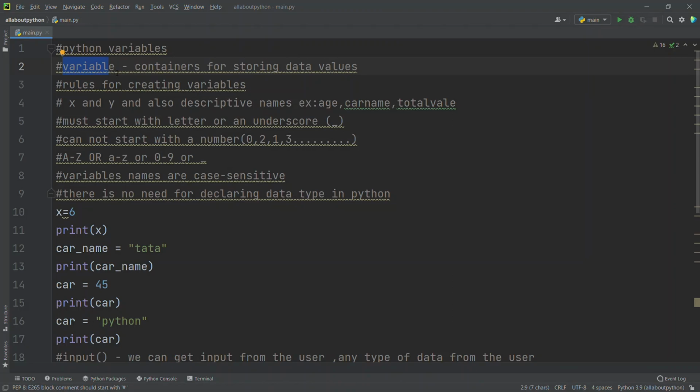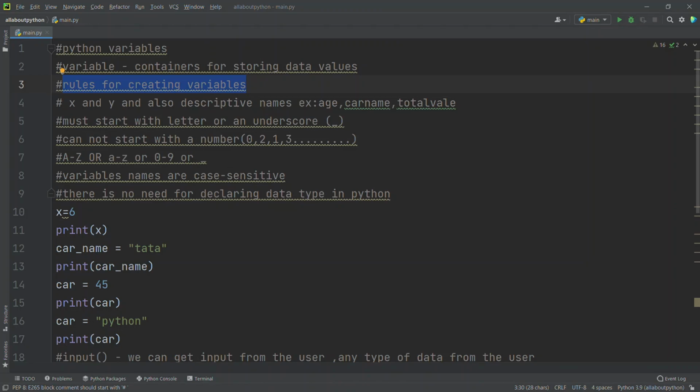And we had seen the rules for creating variables in Python. So what are the rules here? The variable must start with a letter or an underscore, and the variable cannot start with a number. Variables can contain only alphanumeric values or an underscore.